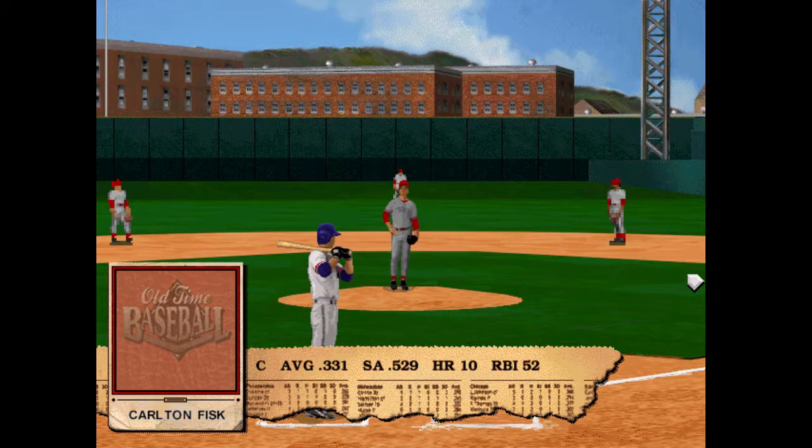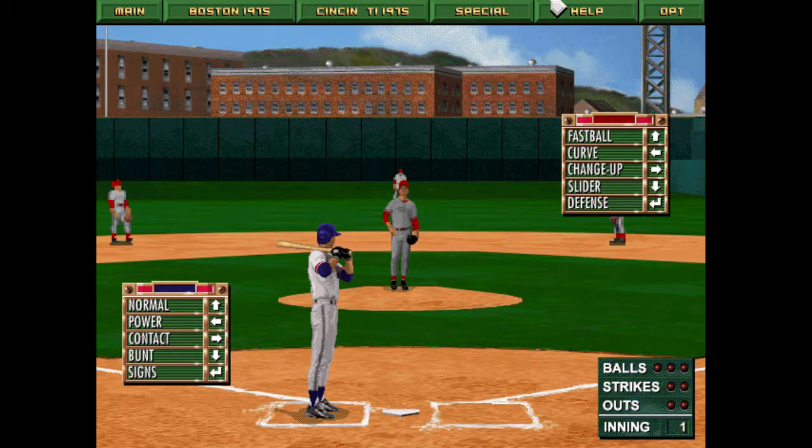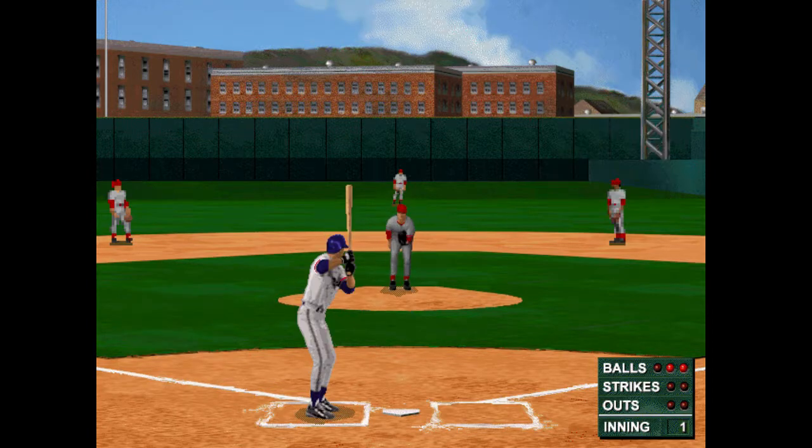I could broadcast along with Mel if I wanted to. Up here now, we're pitching, so we can have a fastball, curve, changeup, slider. And if we hit deep, well, we'll get to that next time. I'll show you what we do